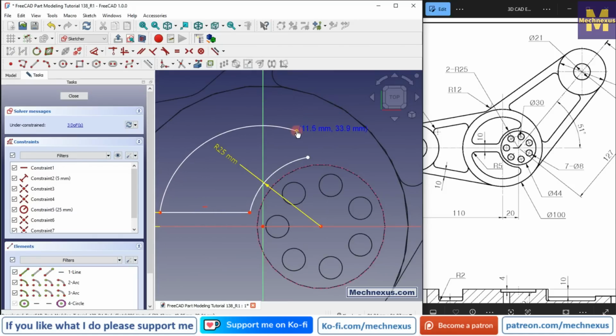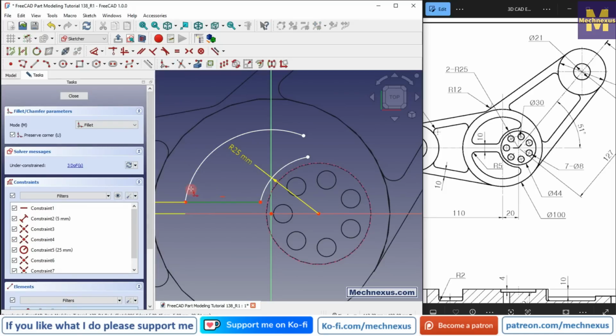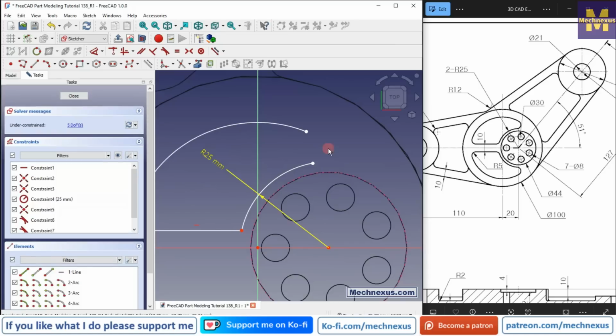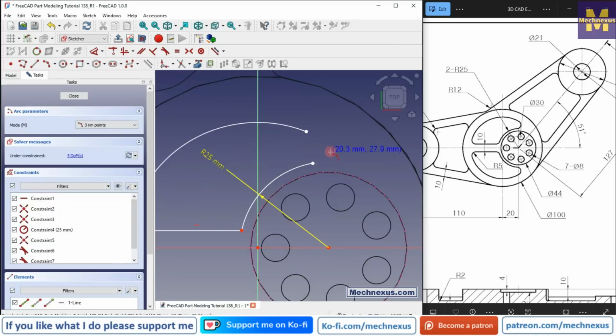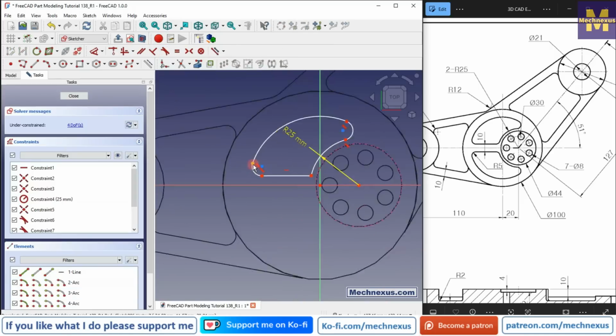Now let's position it, and now we will provide the radius. We will create a 3-point arc here, and we will create a fillet here. So let's first create a fillet between this, and let's create a 3-point arc here, and let's provide a tangency. Set tangent, set tangent, and now